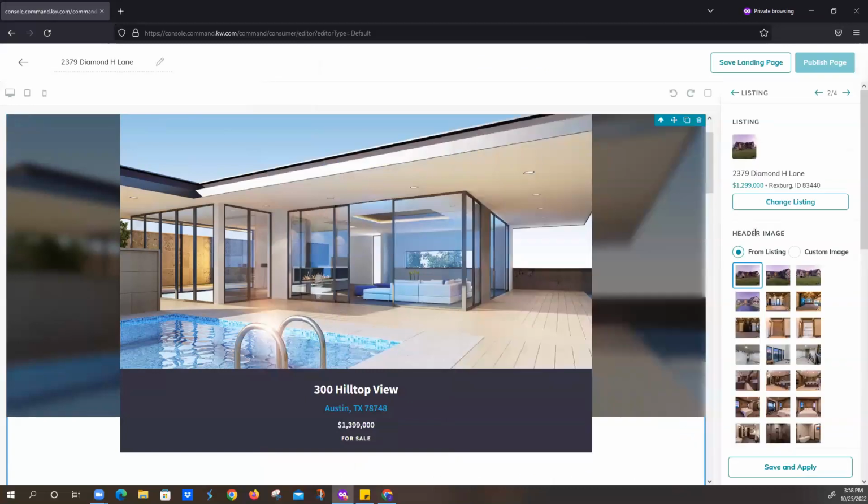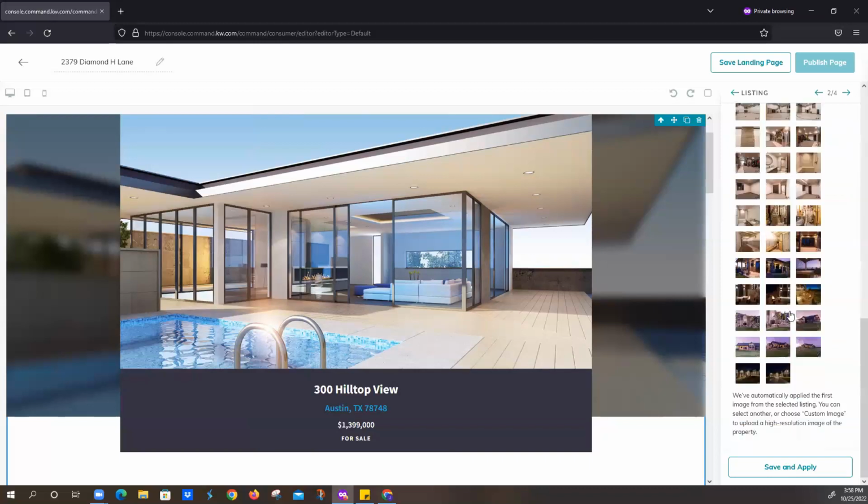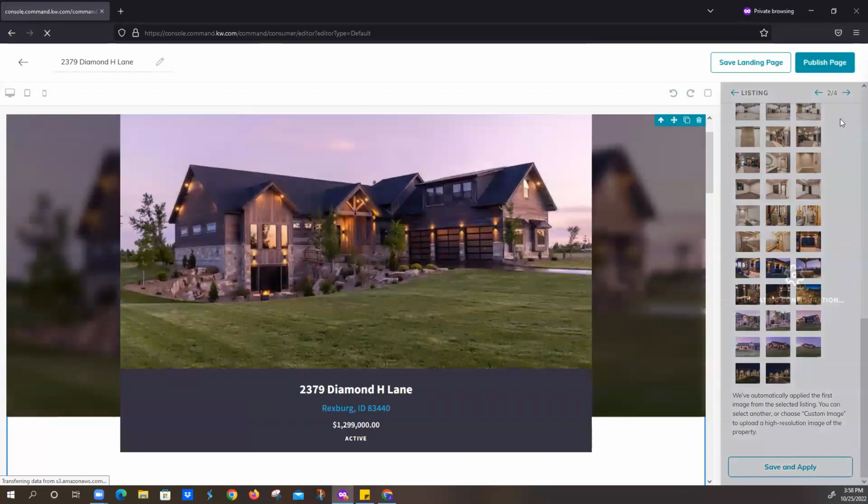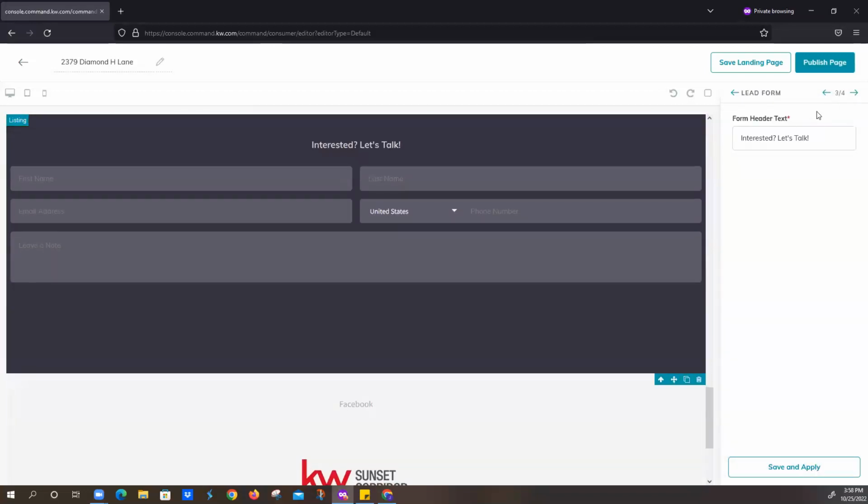It automatically pulls the information directly from the MLS, so we can change this to a different picture if we would like, or we can do a custom image. We're just going to keep it as is. Scroll down and click on Save and Apply. And give that a moment to populate. So that was widget 2 of 4, and now we're going to click on the right arrow again, go to widget 3 of 4,